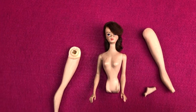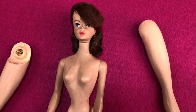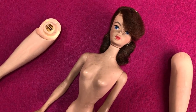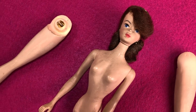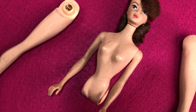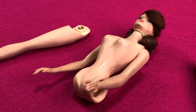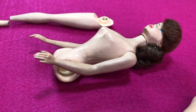Now the torso, it looks like she's not as busty as Barbie ultimately is. True. This torso is a little more demure. It's not as busty. I've measured it with calipers and all kinds of things to try and figure out the differences in all of the different parts. And the torso, I'm going to say, is definitely not the torso that was finally selected for Barbie. But